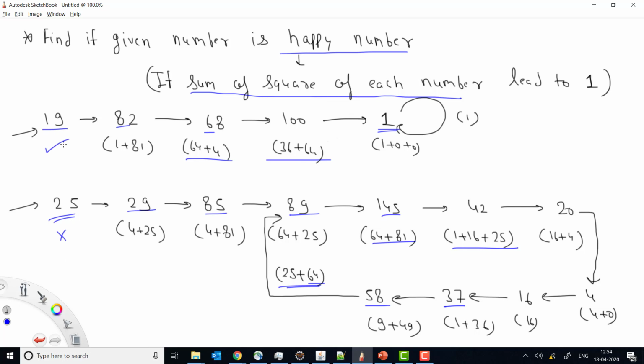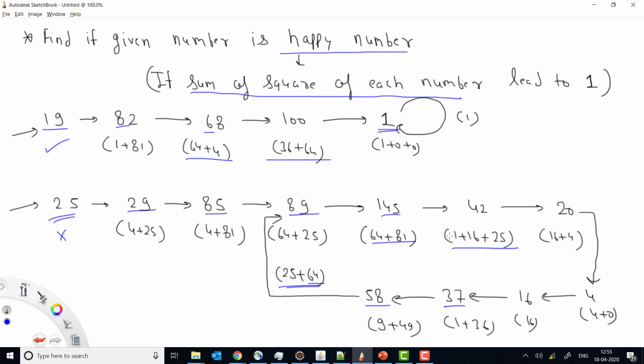If you have solved the linked list question, where you are given a linked list and you check whether this linked list has a loop or not, that's a very famous question. Here it is kind of making something like this, we keep on doing that and then it is creating a loop. In the case of a happy number, it is creating a loop as well, because now we have 1, so it will keep on going there. In this case it is also 1, but the loop is of only one number, right? And in the other case the loop is not of one number, it will keep on going. So using the same concept we will solve this question.